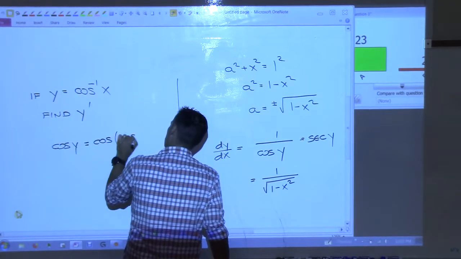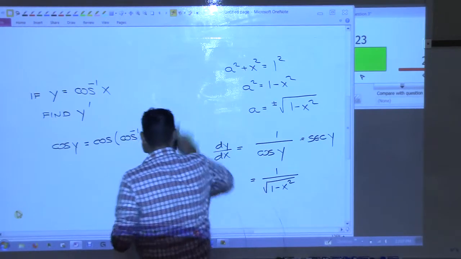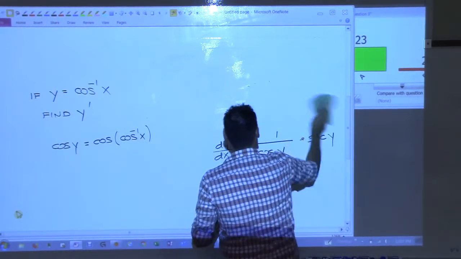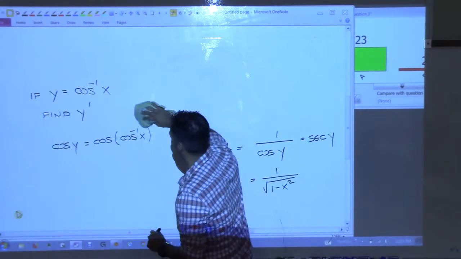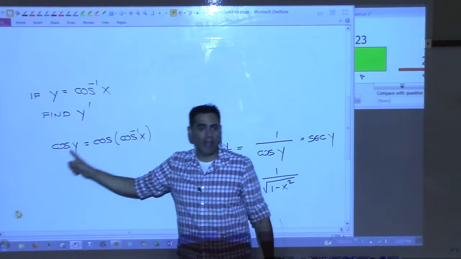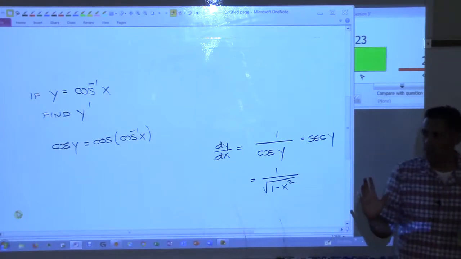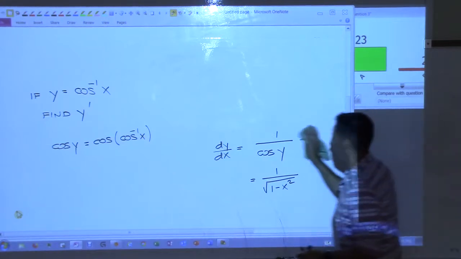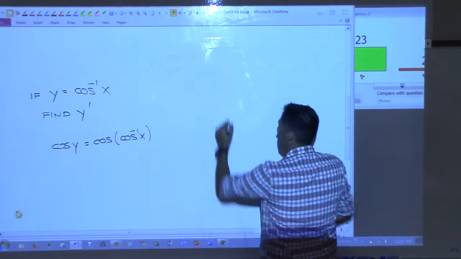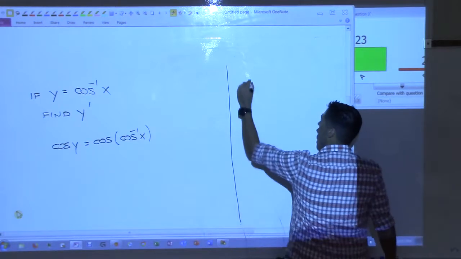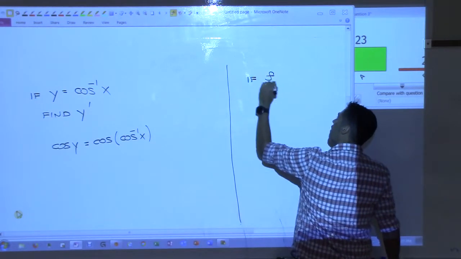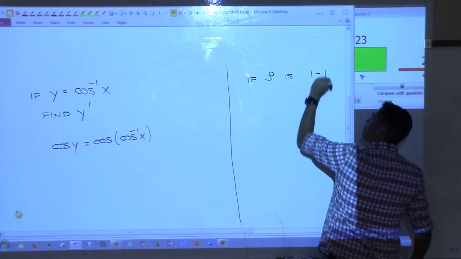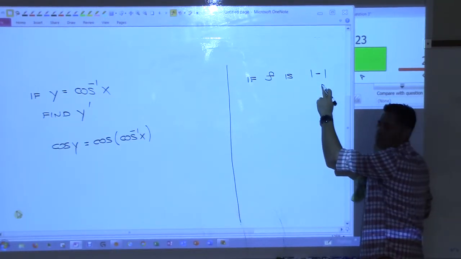Now, let me say a little something about this, because technically we have to be kind of careful. I know that we say we are applying cosine to both sides of the equation, and I know that's the terminology I've heard before, but that's actually not what we're doing. We're using a property of one-to-one functions. So to be clear on this, if a function f is one-to-one,